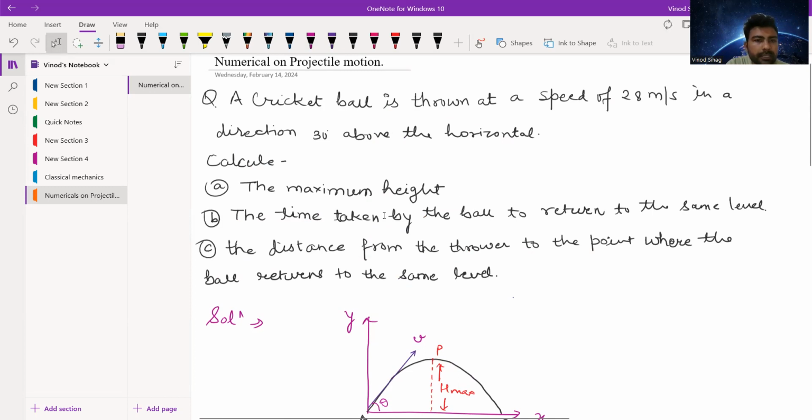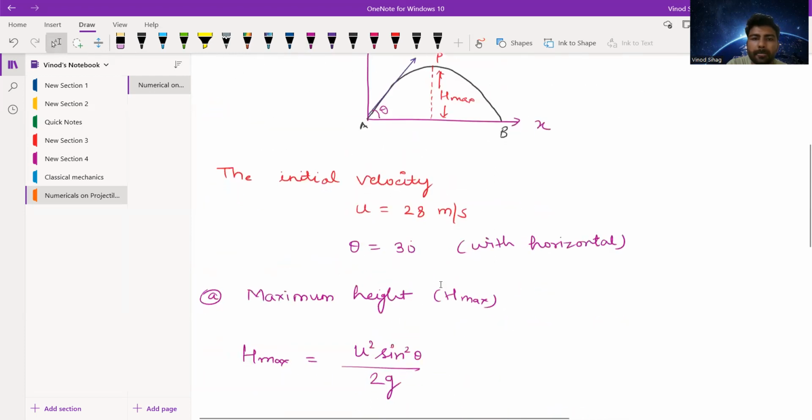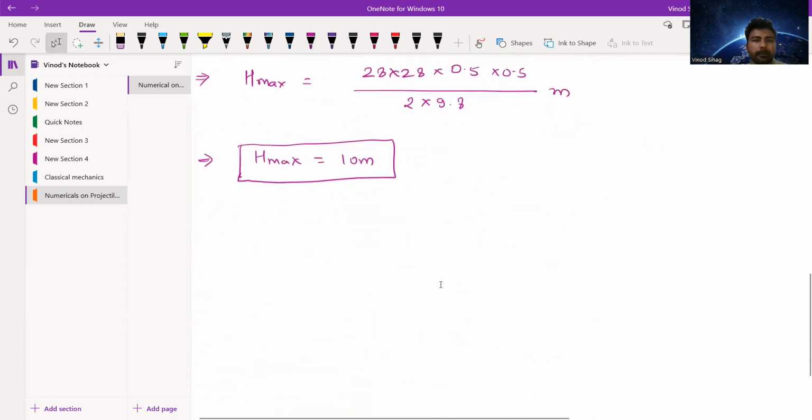Now in the second part, they are asking for the time taken by the ball to return to the same level. This time will be the time of flight, because the time taken by the ball to return to the same level, or the same ground, is basically the time of flight. So in part B,